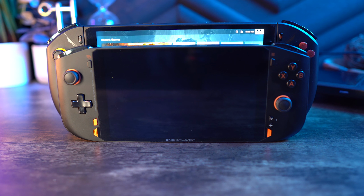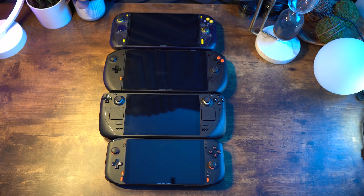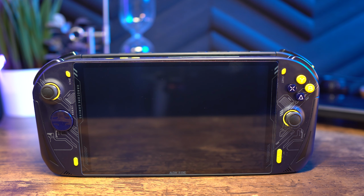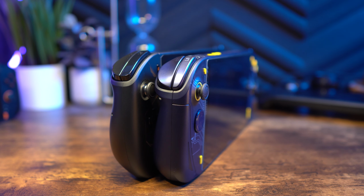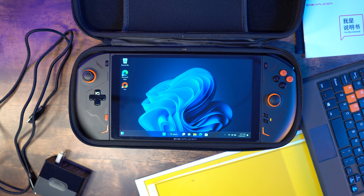Comparing the size to the Onexplayer Mini, this thing is massive. Looking at it compared to the Steam Deck, it is definitely bigger than that, and then to the A1, it is similar in size. It's probably slightly bigger than the A1 because it does have a slightly bigger screen, but it is pretty comparable. Now inside of the box, if you just purchased the Onexplayer 2, you will have the